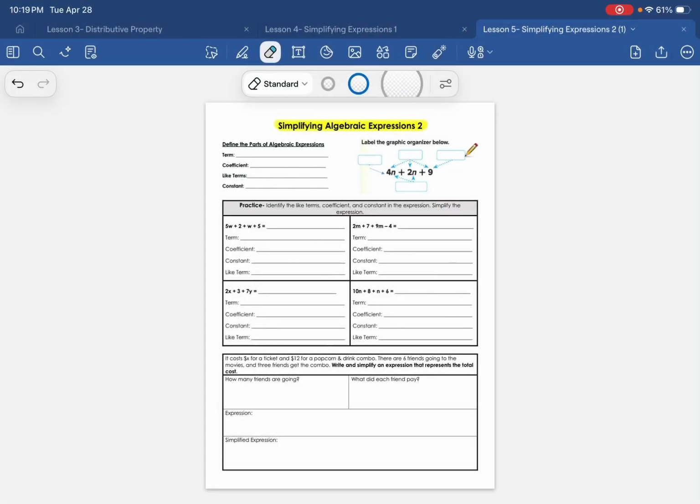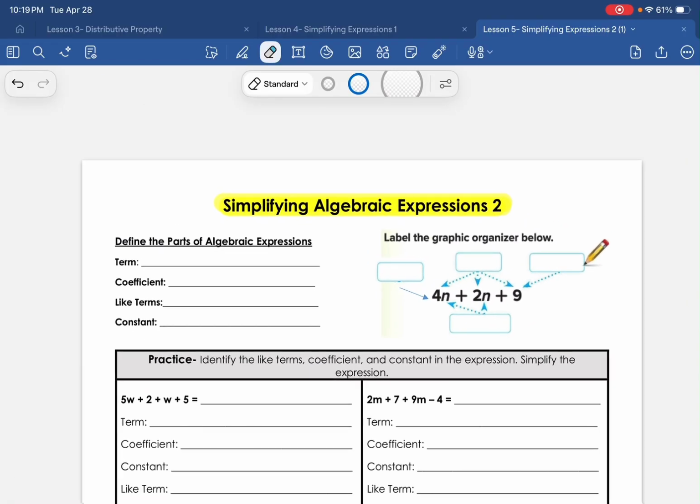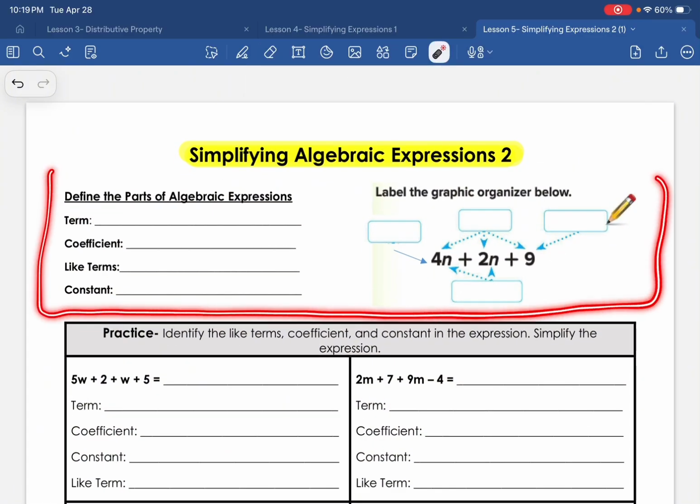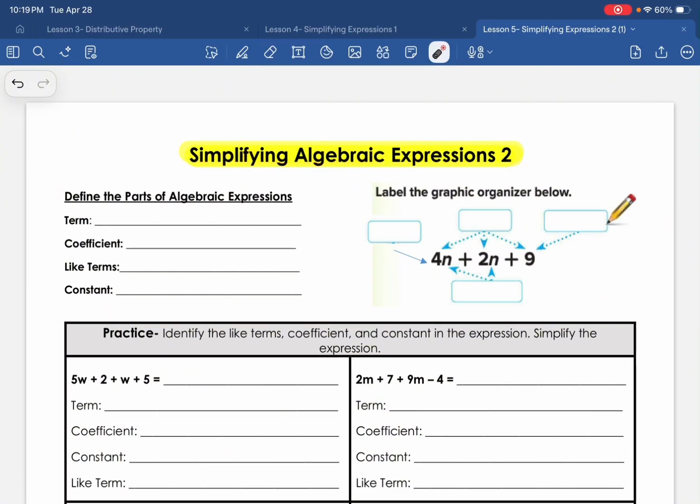Alright guys, today we are going to be doing the last lesson in kind of our simplifying unit. So we've done simplifying expressions part 1, and then we went over the distributive property. And this simplifying expressions part 2 is kind of putting what you learned in the first one and the distributive property together. So if we're looking at our notes, this part right here should look very, very familiar to your